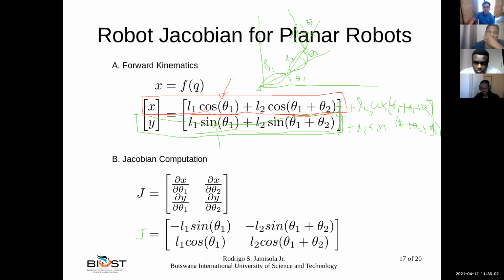So now, how should we compute it? So there are three terms, so we continue. You have minus L1 sine of theta 1, this part, plus, because the derivative of cosine is minus sine, you have L2 sine of theta 1